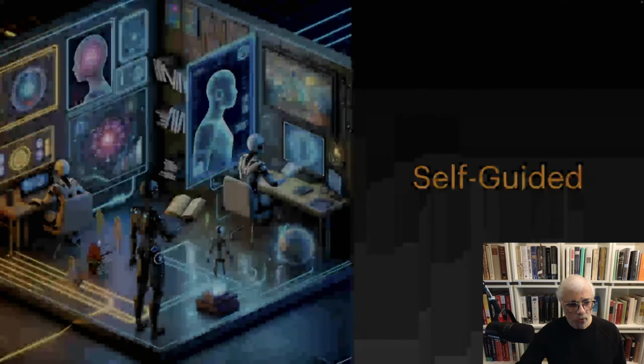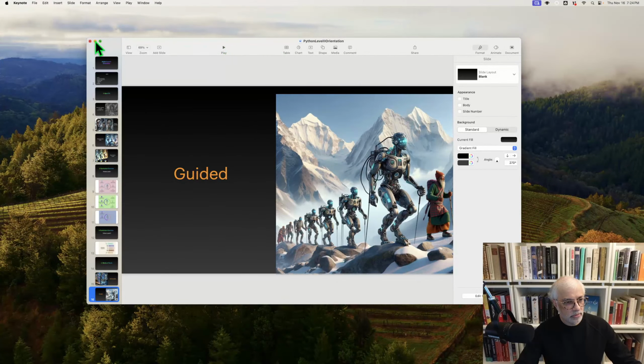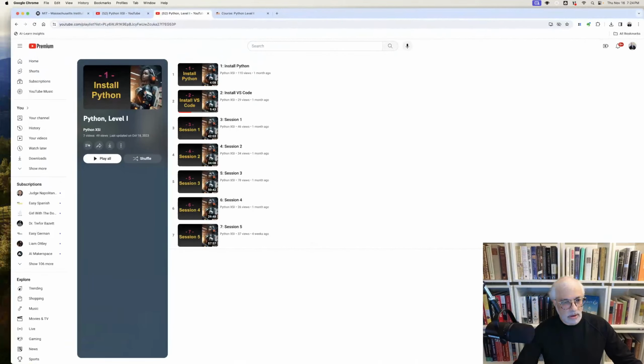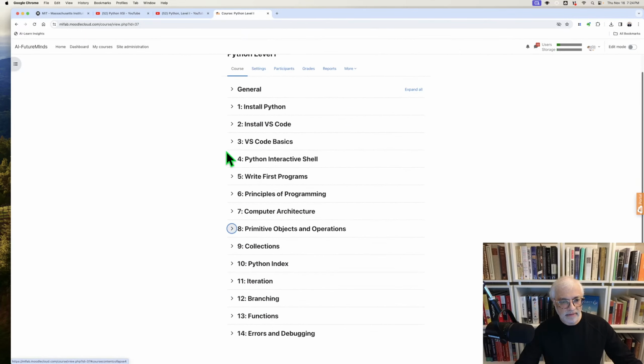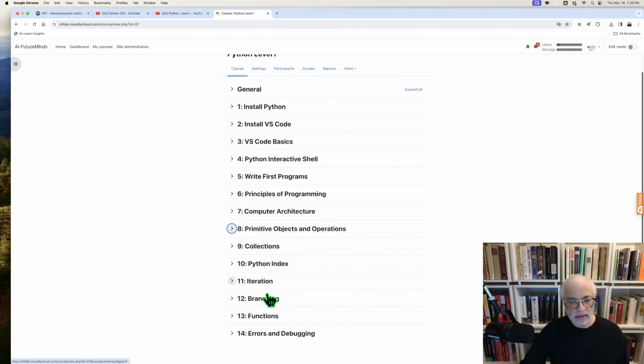So that's mode 1. Mode 2 is going to be guided. What do we mean by that? Pretty soon we're going to have, let me show you how that's coming along. Okay, so we have a learning environment. It's using software called Moodle. Each level, we're going to break up into learning objectives, clear topics that you need to learn. And the way things will be organized is